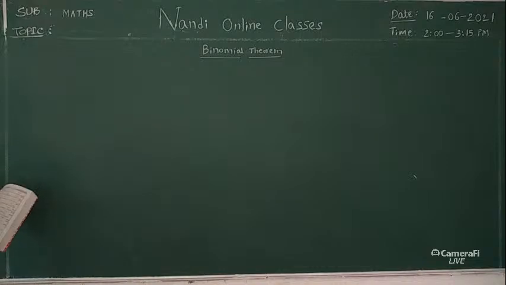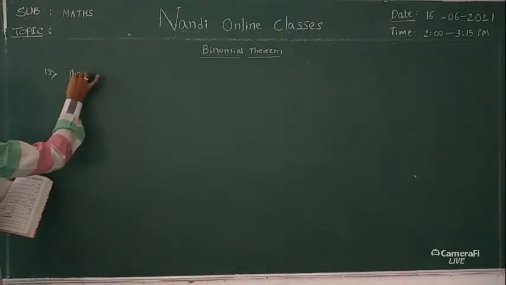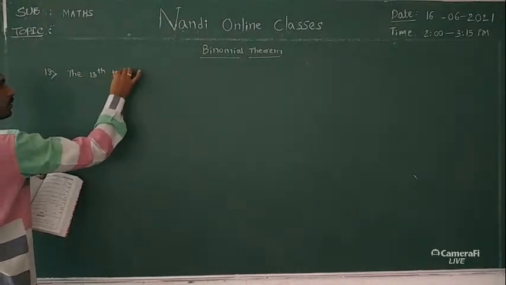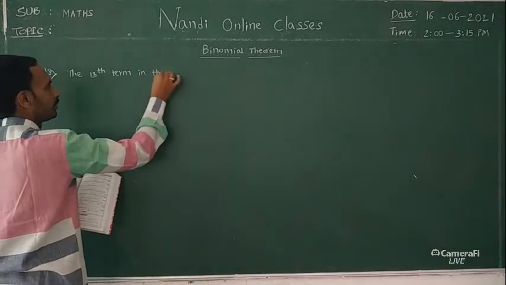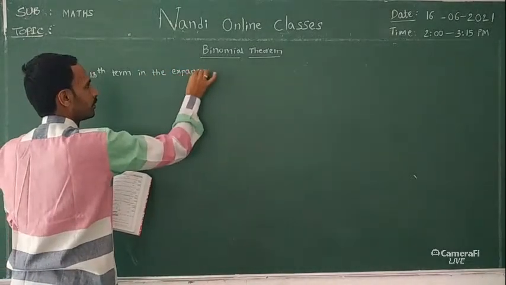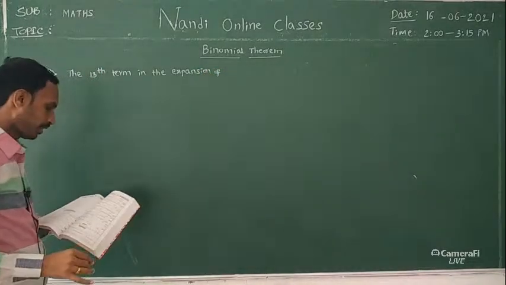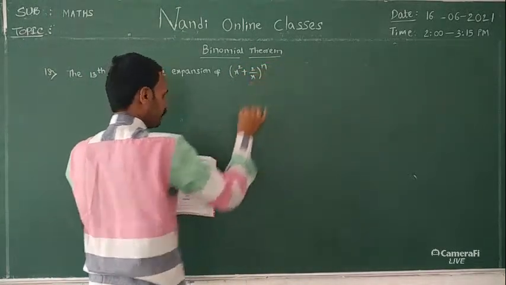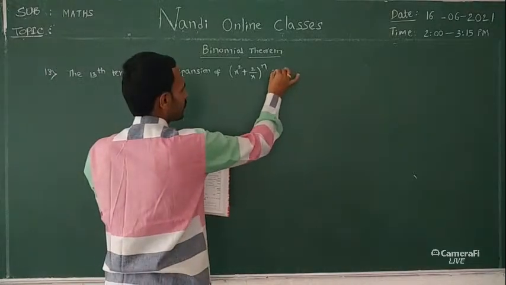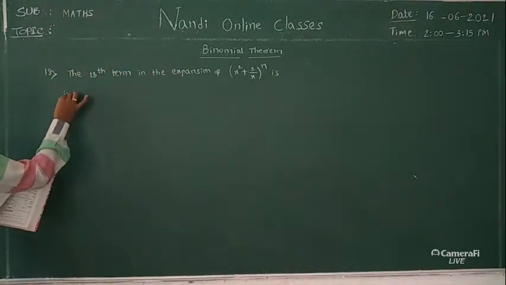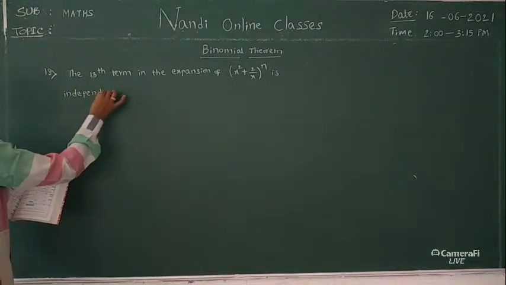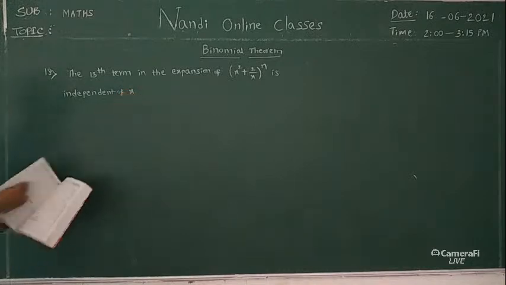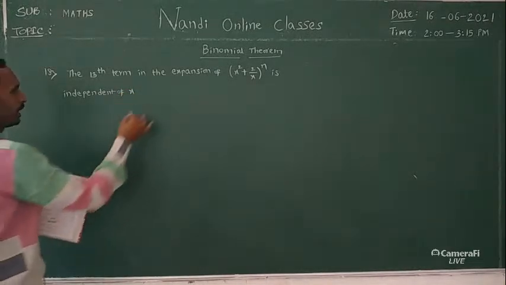Okay, right. Now the 18th problem. 18. If the 13th term in the expansion of x square plus 2 by x whole power n is independent of x, then the sum of divisors of n is,